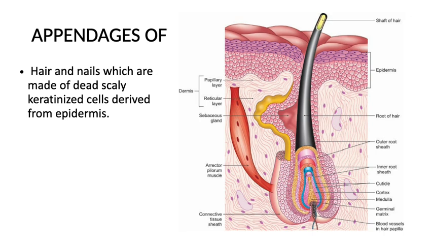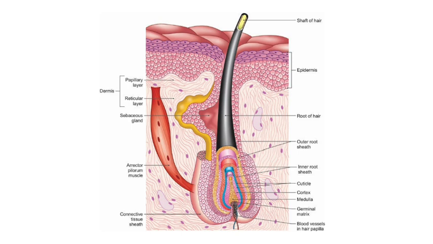Here if you see the shaft, it is not at right angle exactly to the skin, but it is at an oblique angle. So this upper part is known as the shaft and this is known as the root of the hair. The hair root consists of, if you can see in this diagram, a medulla, a cortex, and a cuticle. The hair root is covered by inner root sheath. Inner root sheath is derived from the stratum corneum, we have seen in the layers, whereas the outer root sheath is made up of stratum spinosum or stratum basale.